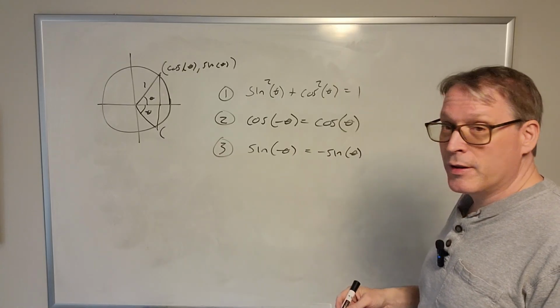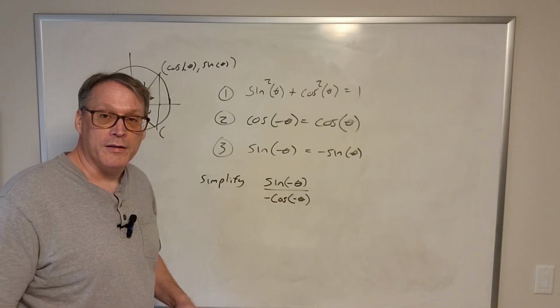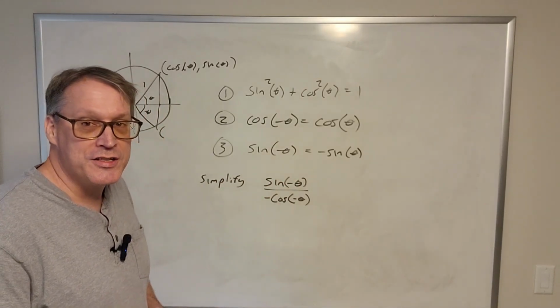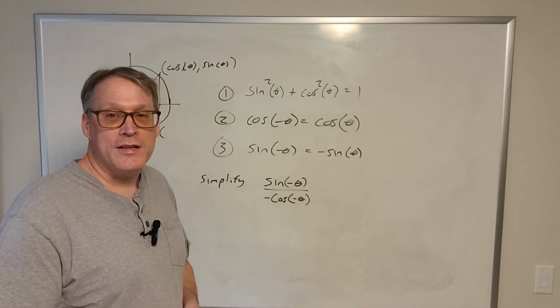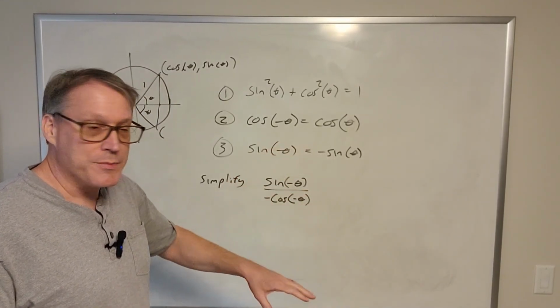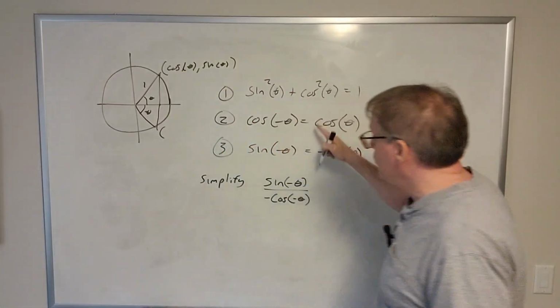Well, they may ask you something like this. Simplify sine of negative theta over negative cosine of negative theta. And they'll give you A is -1, B is 1, C is tangent theta, D is cotangent theta, E is minus tangent theta, something like that. They give you a bunch of options. What is it? Well, if you know these two,